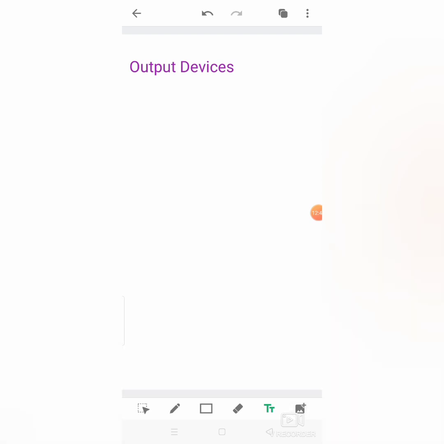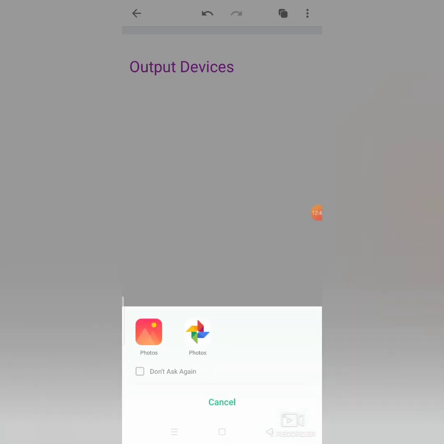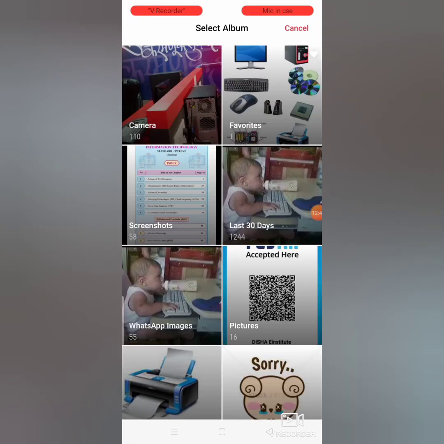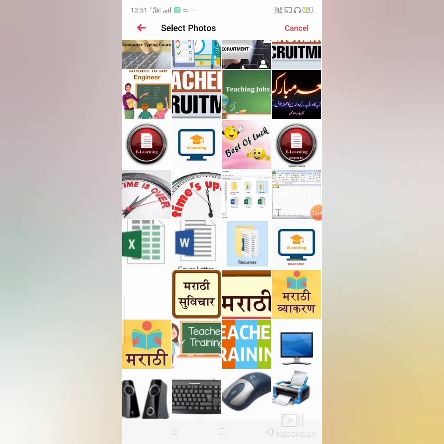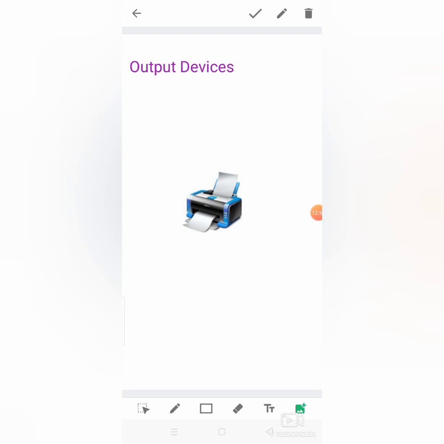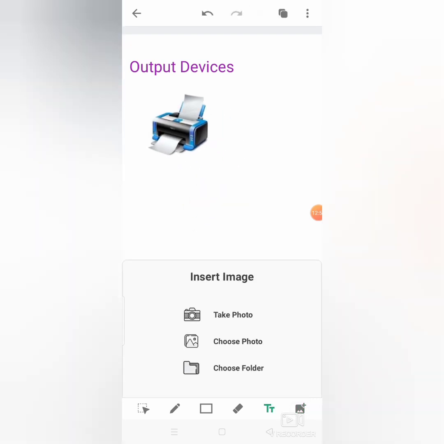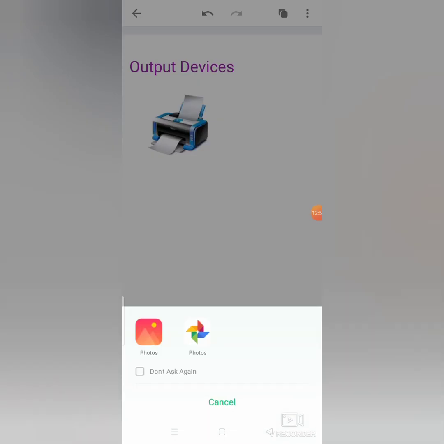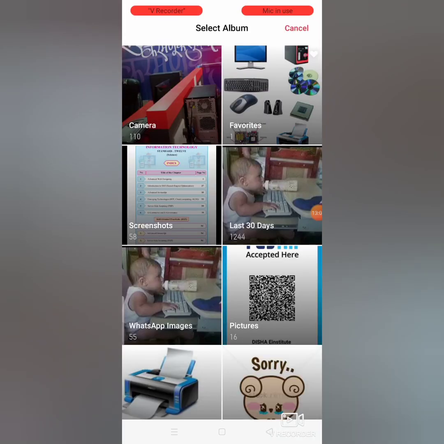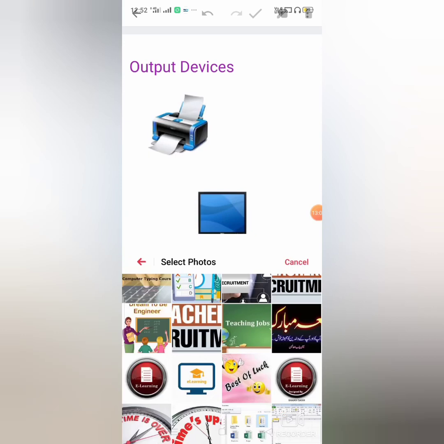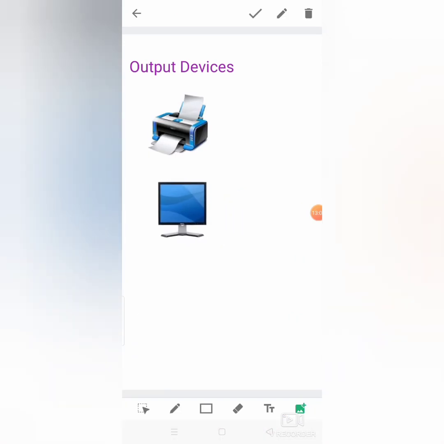Directly I will insert images of output devices. One more image, monitor. Okay, so these two examples I have taken. I'm not explaining it again, this is just an example of how to create our lecture.